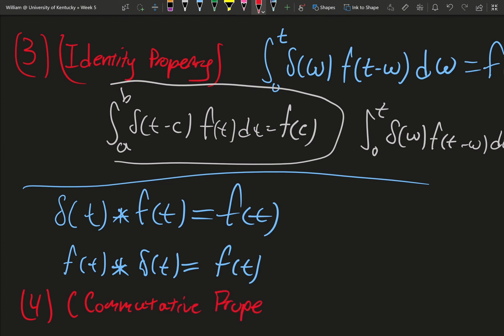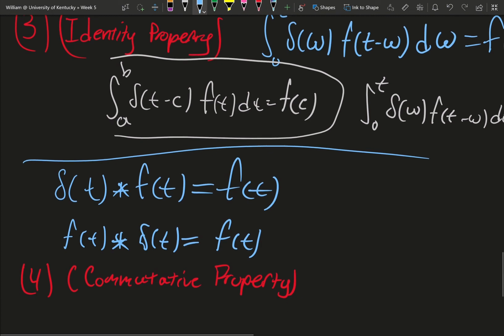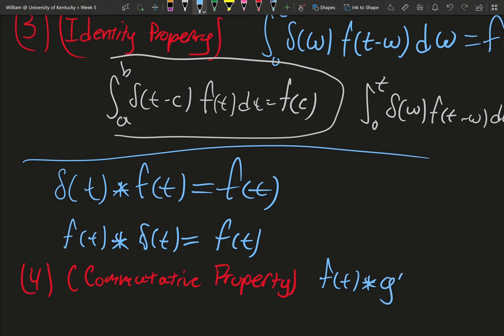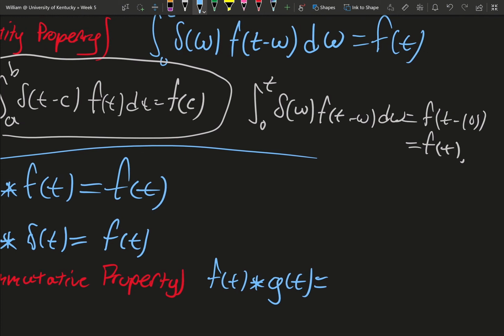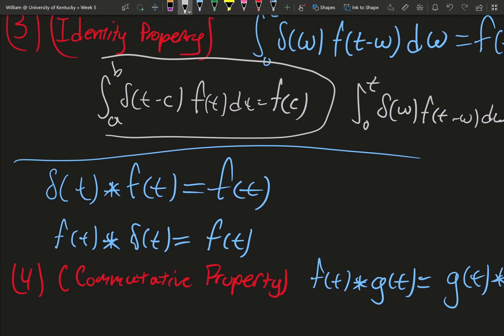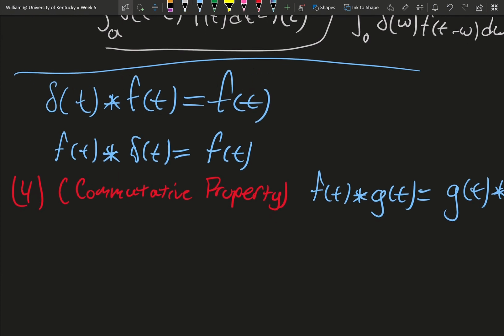And the final property, which is a little bit harder to see, is the commutative property. This says that it doesn't matter in what order I take the convolution. I could do f and g, or I could do g and then f. You're going to get the same answer. So to sort of see this,